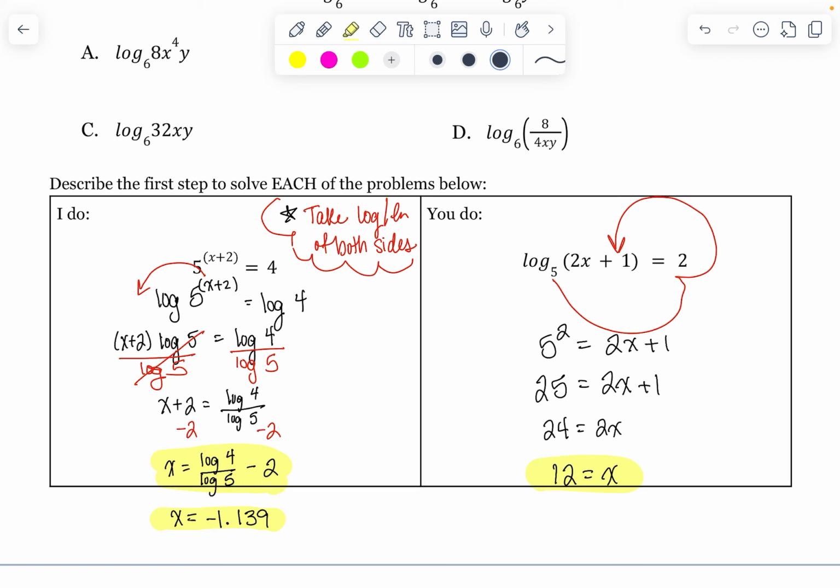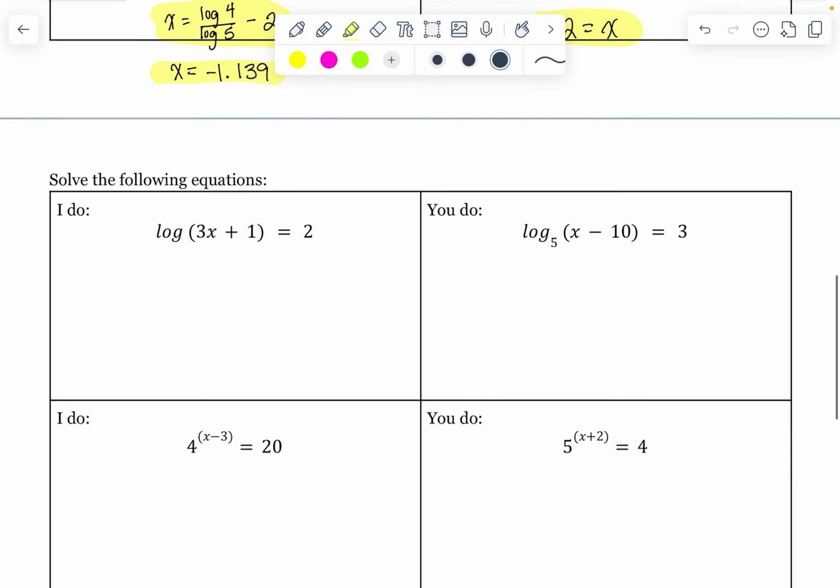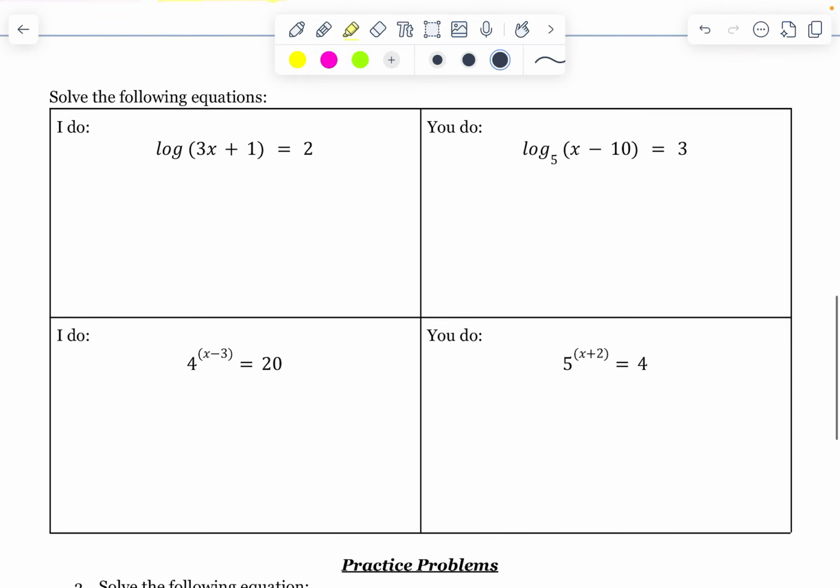Let's do one more on the back here. So on the back side, I'm going to do one more log equation to solve. So the top left one says log of 3x plus 1 equals 2, and it says solve the following equations. So the other way that we can do this, if we did not want to do the cloud method or forgot the cloud method, where I would do the base to the power of 2 equals my argument, maybe I forget